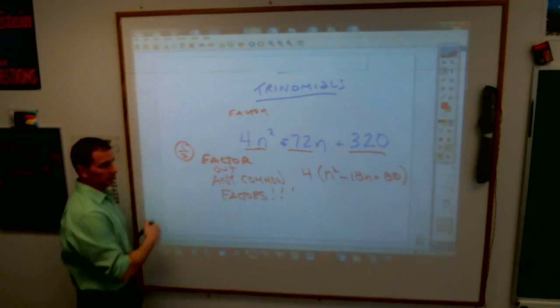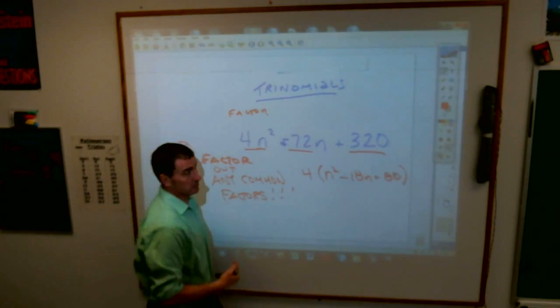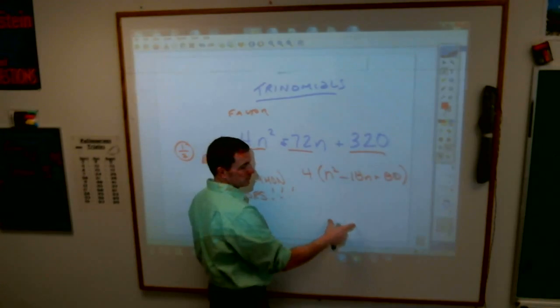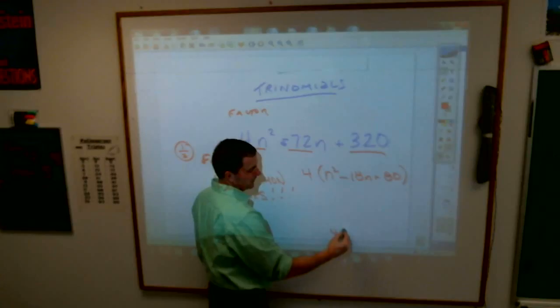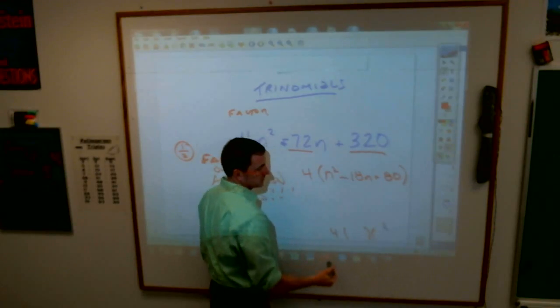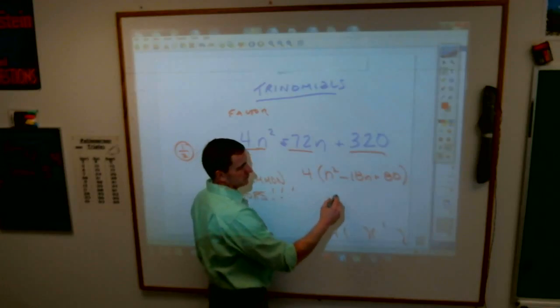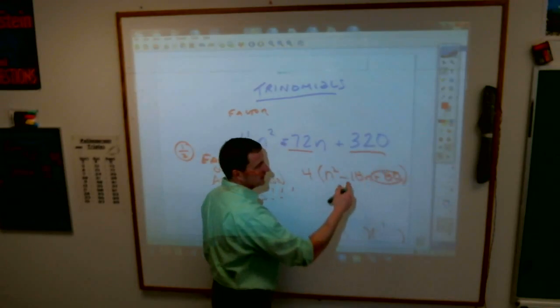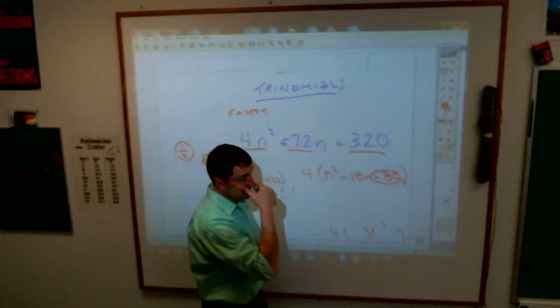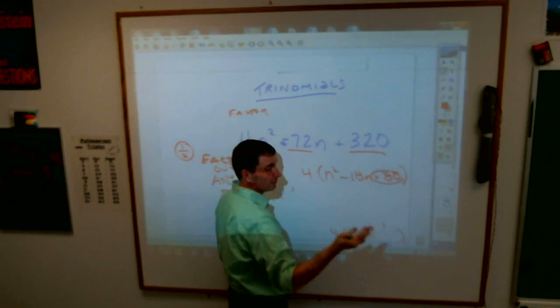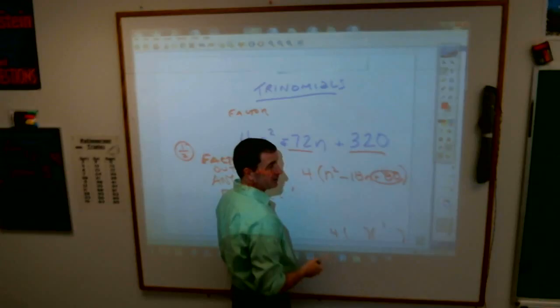Then you can proceed with the trinomial part that we just did. But you have to remember, in your answer, at the very end when you get those 2 binomials, there will be a 4 outside of it. It's still a factor, and it still needs to go outside there. What times what gives you positive 80 and gives you a negative 18? Again, the only way to get the positive last number is for them both to be positive or both to be negative. I would try